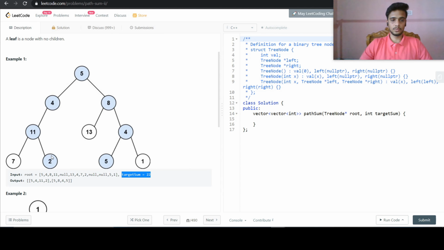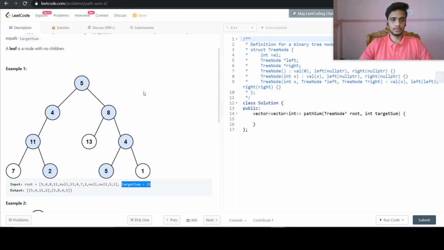So these two paths are the ones where, if we sum all the nodes in these paths, we reach our target sum, that is 22. So what we need to do is return both of these paths in a vector. So that's the problem statement.